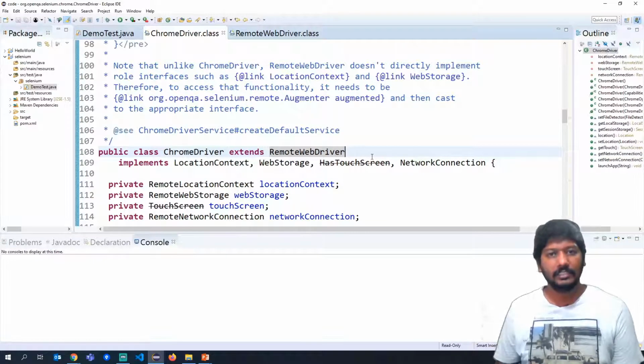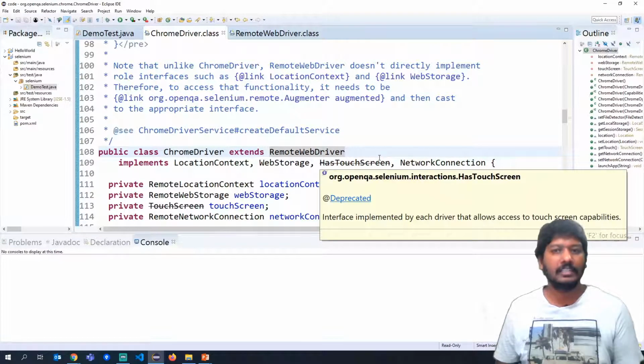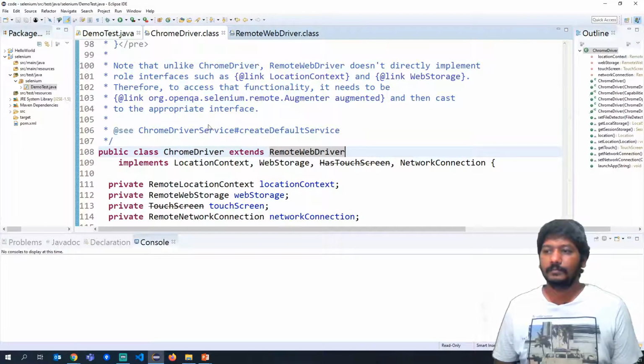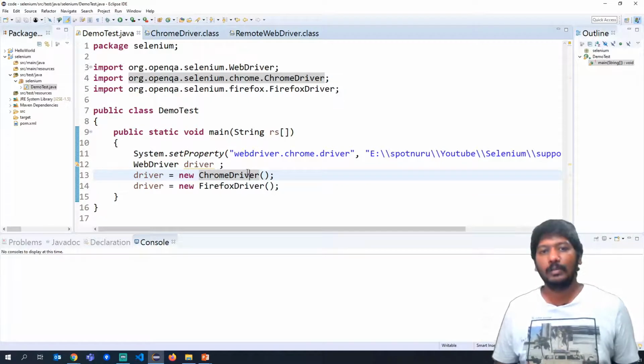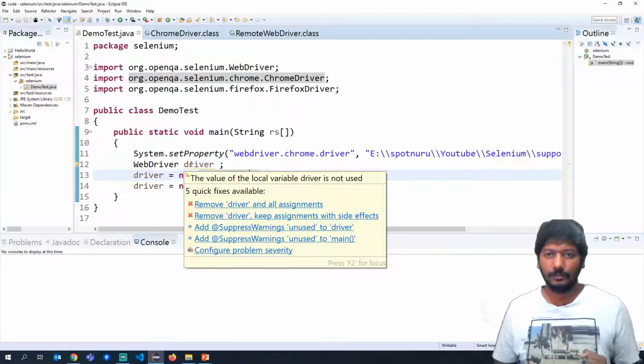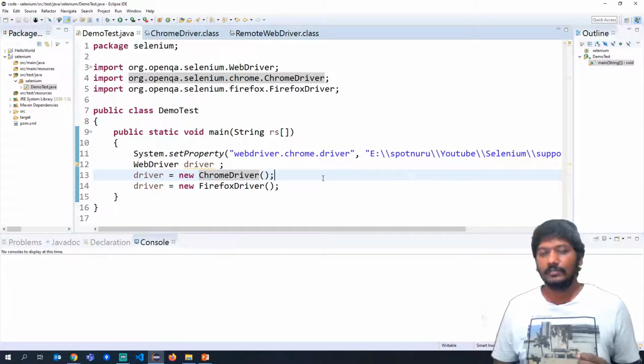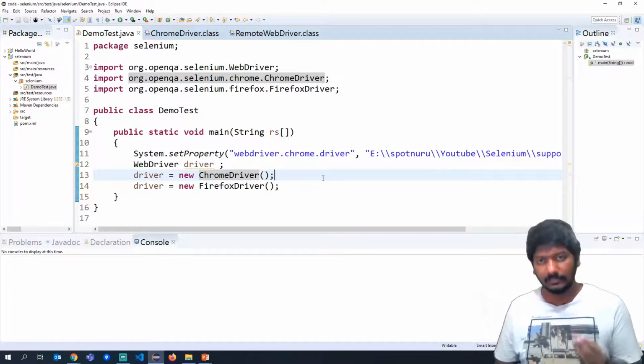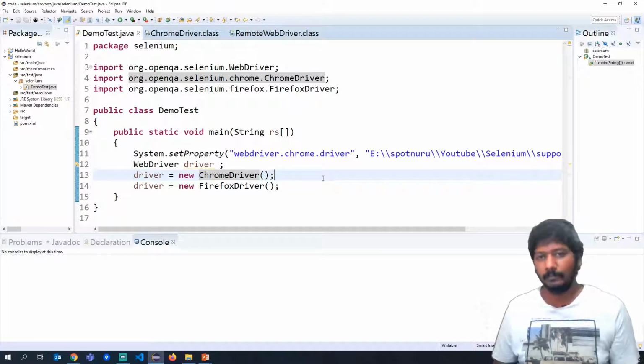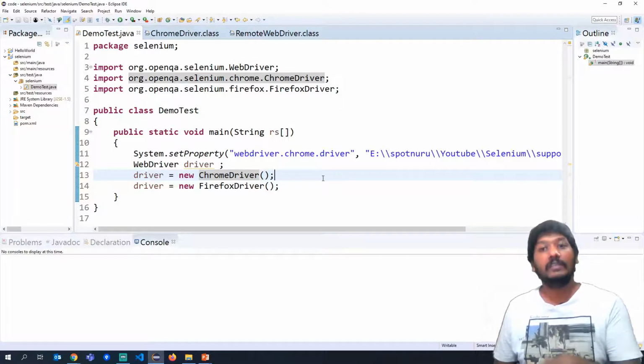Similarly, the Firefox driver, the IE driver or Edge driver will also extend this RemoteWebDriver. Because of this, you can create an object for ChromeDriver and still assign it to the WebDriver object.